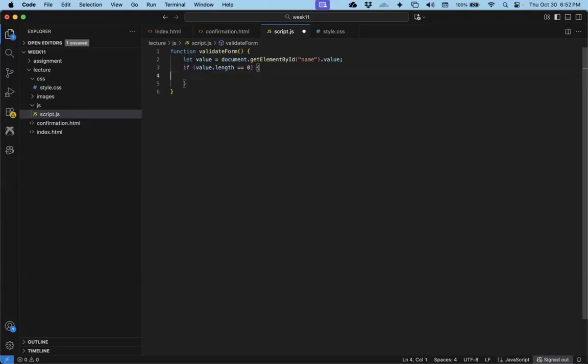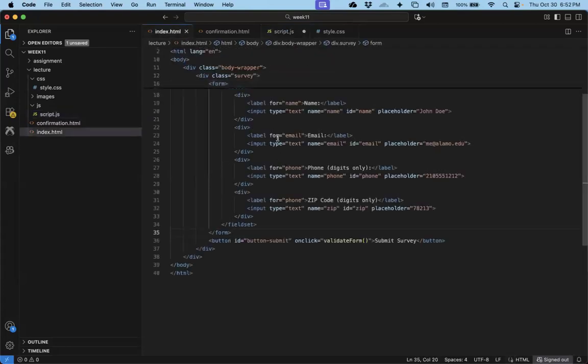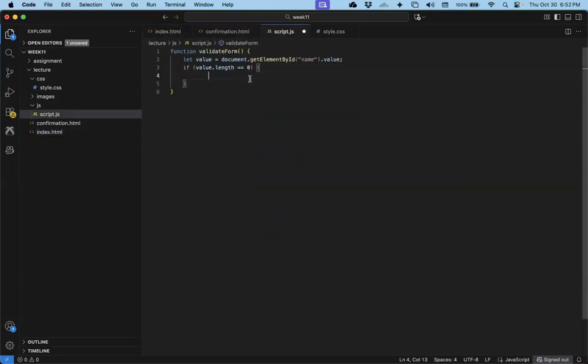So if the length is 0, what I want to do here is change the color of the border of the text box. So the way I do that is I'm going to add a class to the text box, and then I'm going to use a style marker to add it. So right now we see that the text box has no class. There's no class name associated with it. So if I come back to the script, if the text box is empty, then I'm going to say document